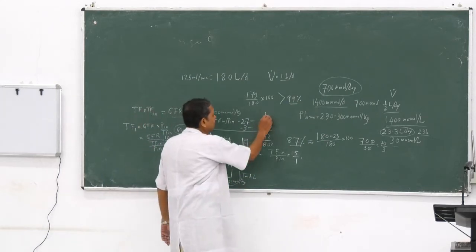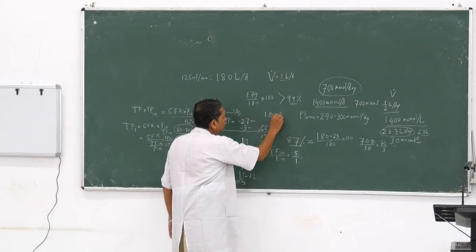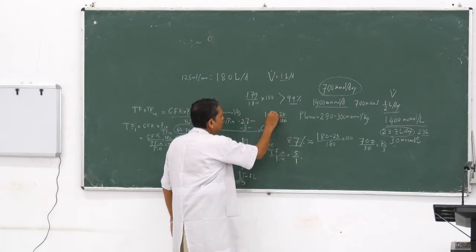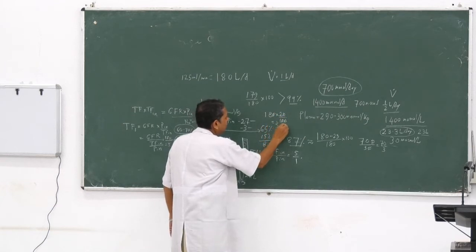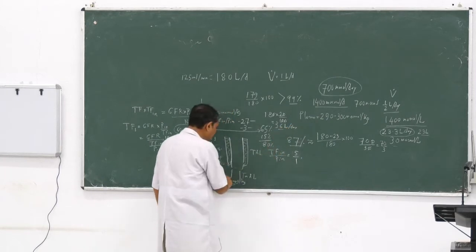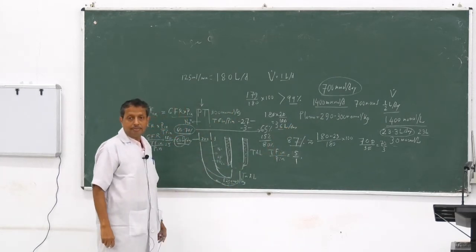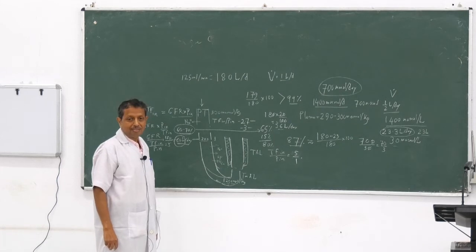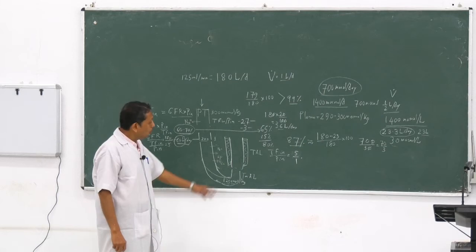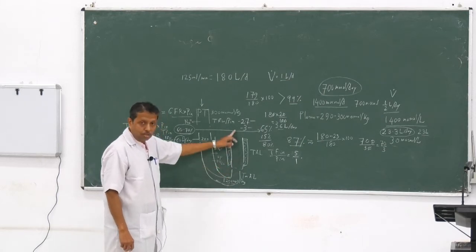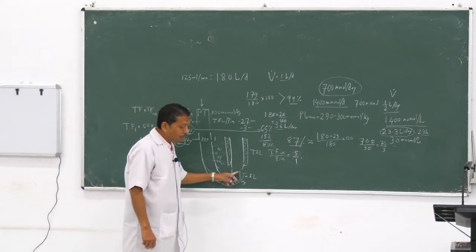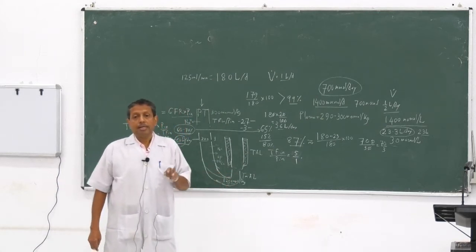So 180 into 20 by 100, only 36 liter per day is remaining there. Now, when fluid enters into this ascending limb of loop of Henle, and in this juxtamedullary nephron, there is